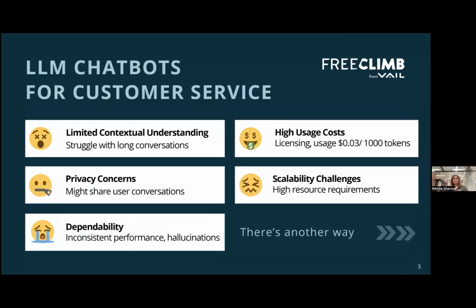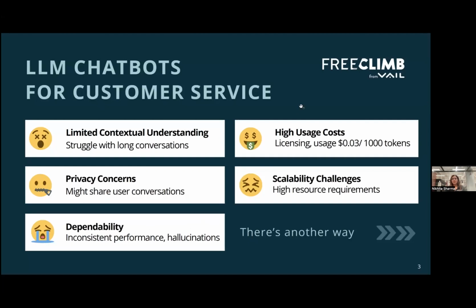These days, LLM chatbots and LLM voice-based chatbots are very common. But when you apply these kinds of chatbots to customer service, a bunch of concerns show up. For example, there might be privacy concerns, as you might share user conversations when you use third-party APIs. These LLMs also have limited context and struggle with longer conversations. There are also issues with dependability. They can hallucinate, they can go off topic, and there can be inconsistency in performance, so it's hard to control these